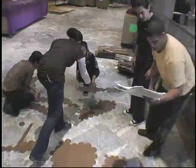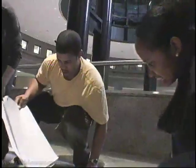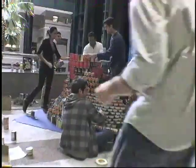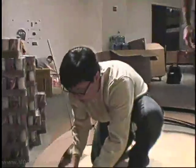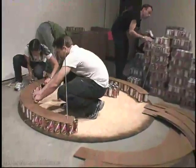It's the end of a workday when the teams spread out their plans and begin unpacking 160,000 cans of beans, tomatoes, tuna, sardines, soup, and other foods. More than 40 architecture and engineering firms are competing in Canstruction, a design-build competition at the World Financial Center Winter Garden. Our project is called Torque for Hunger, and we are basing it, the sculpture is based on the Torque